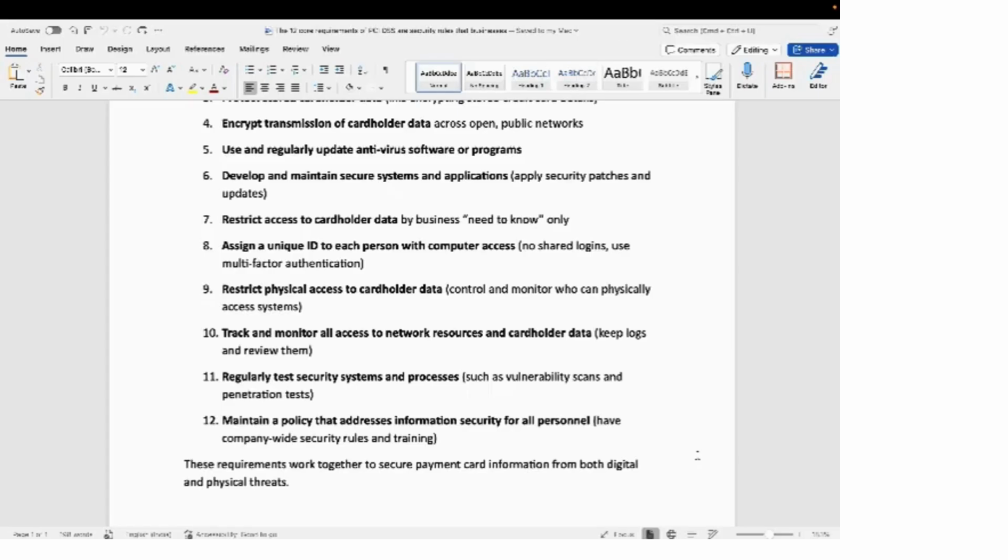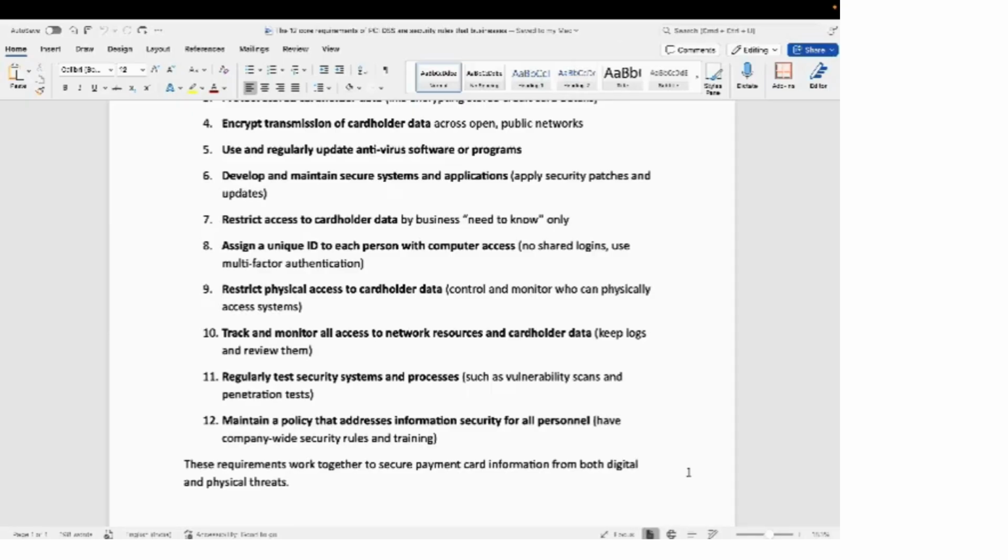Twelfth, maintain a policy that addresses information security for all personnel. Have company-wide security rules and trainings. In the company, you must have a policy that you are giving personnel trainings to employees from time to time, so that cyber security awareness will be maintained